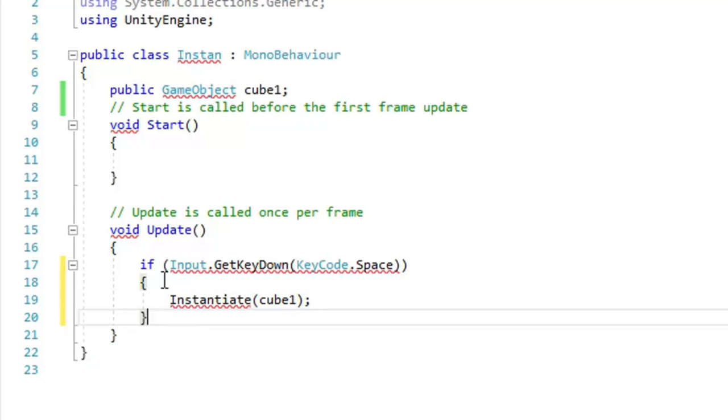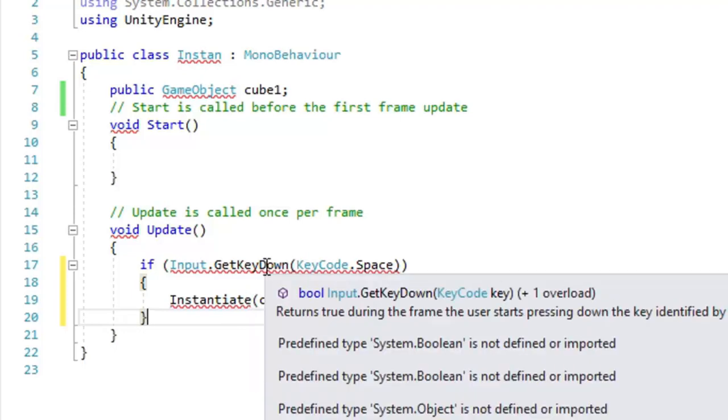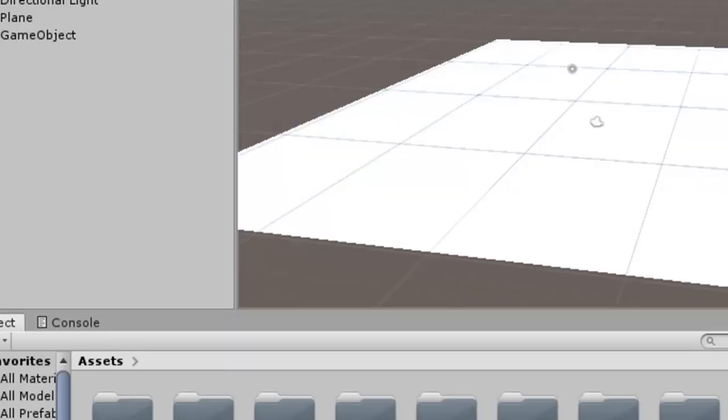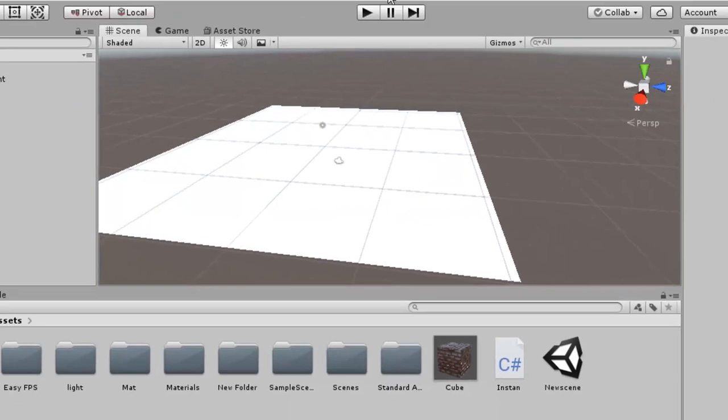Okay, so using this code what I am doing is calling the instantiate method whenever I press the space button. It means whenever I press the space button, one cube will be created in the same position where the empty game object is.